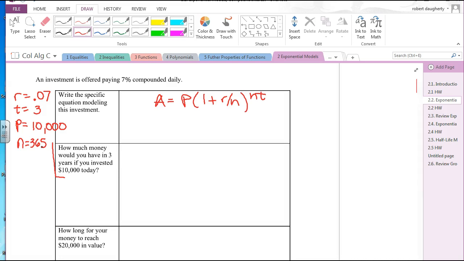Okay? So I'm going to plug all of this in. So A is equal to 10,000 times (1 plus 0.07 over 365) to the 365 times how many years? 3 power. Okay. So I just plug all of those in, and now it just becomes, can you type this